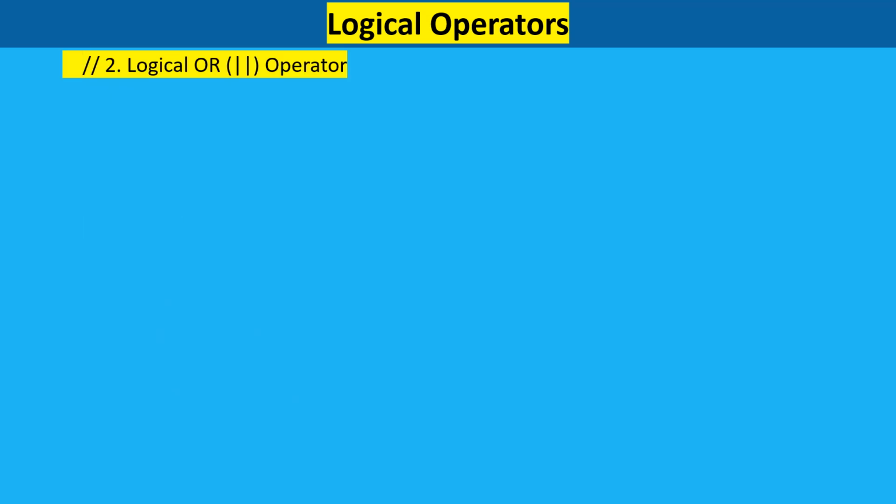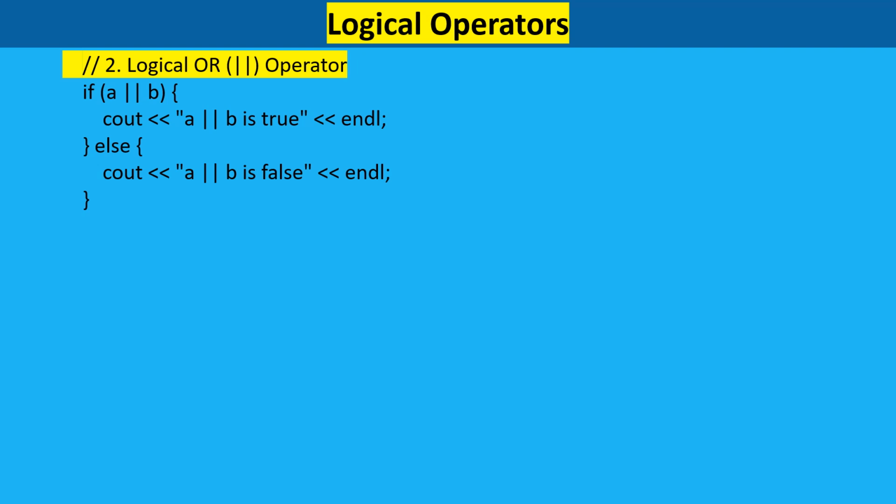Logical OR operator. This logical OR operator checks if either a or b is true, then the condition is evaluated as true. Since a is true regardless of b, a logical OR operator b is true. Since the condition is true, the message a logical OR operator b is true is printed. Similarly,